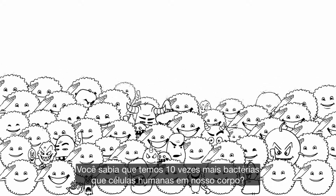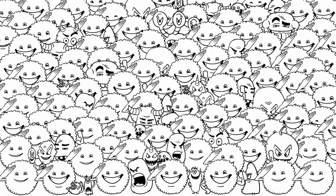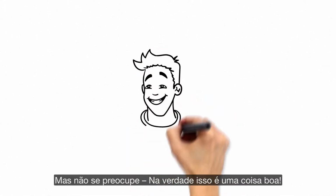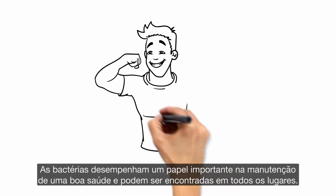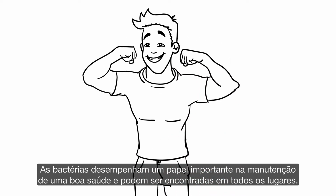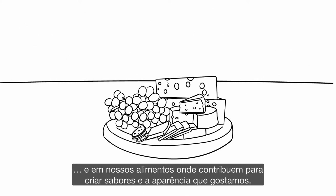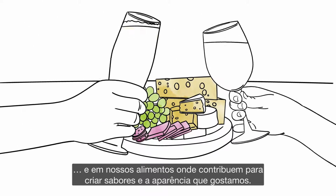Did you know that we have 10 times more bacteria than human cells in our body? But don't worry, it's actually a good thing. Bacteria play an important role in maintaining good health and can be found everywhere. They are all around us in the environment and in our food, where they contribute to creating the taste and